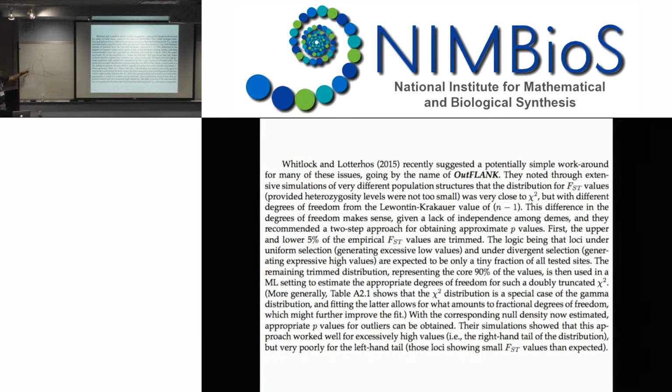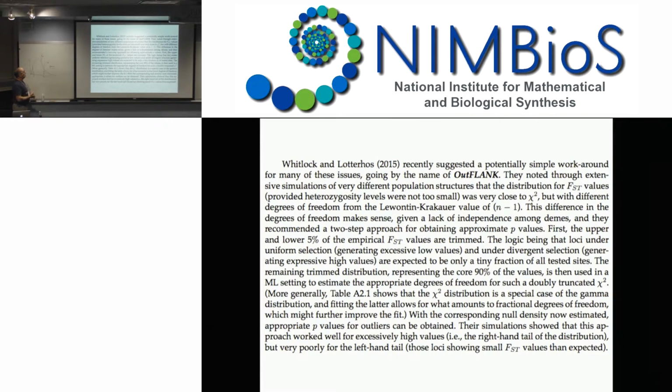And what you can then do is take your data in the middle and then do a goodness of fit and figure out what chi-square distribution it fits to. So for example, you may have 8 demes. If you have correlated structure, you really only have maybe a chi-square that has 3 degrees of freedom. So they suggest you basically truncate at both ends and then fit the middle of the data to a chi-square. A better way to do that is there's something called the gamma distribution. A gamma is a very general distribution that chi-square is a special case of, where one of the parameters is discrete. Gamma allows you to have non-discrete values,